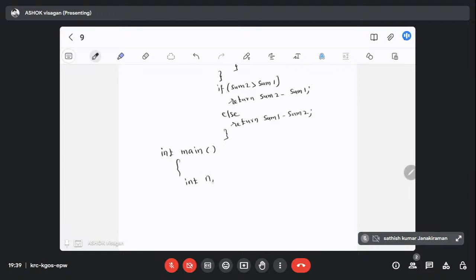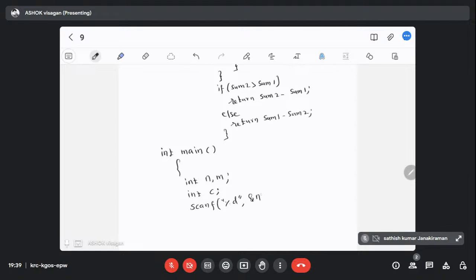Integers n and m are declared. Int. I want that value to be stored in some variable c, so we'll print that c. c is the difference. Okay. Next, we need to get the input from the user, n and m. So we'll ask the user to enter the values. scanf of %d,